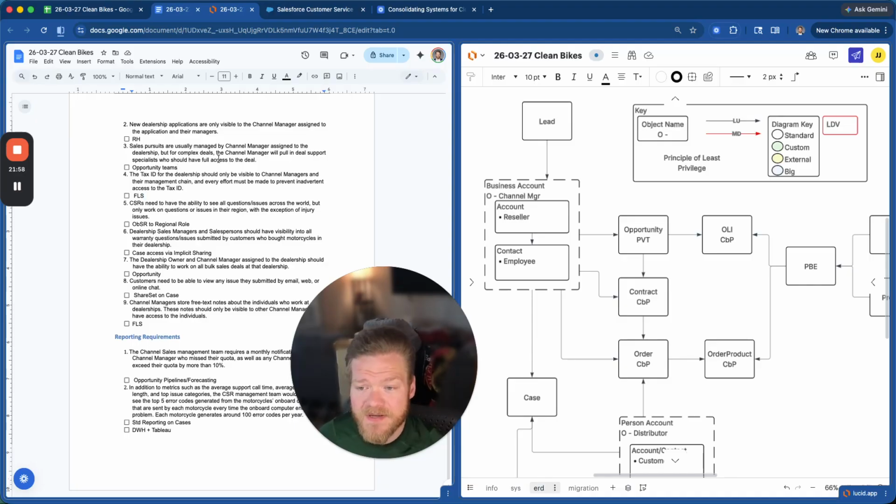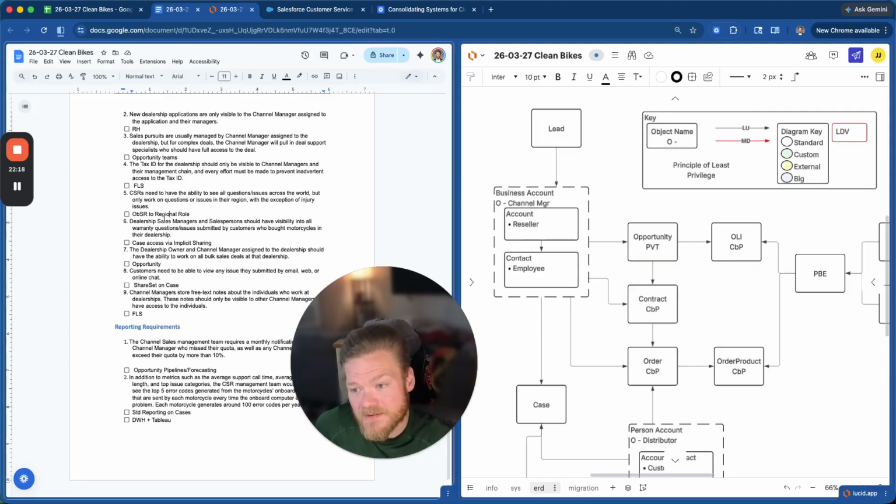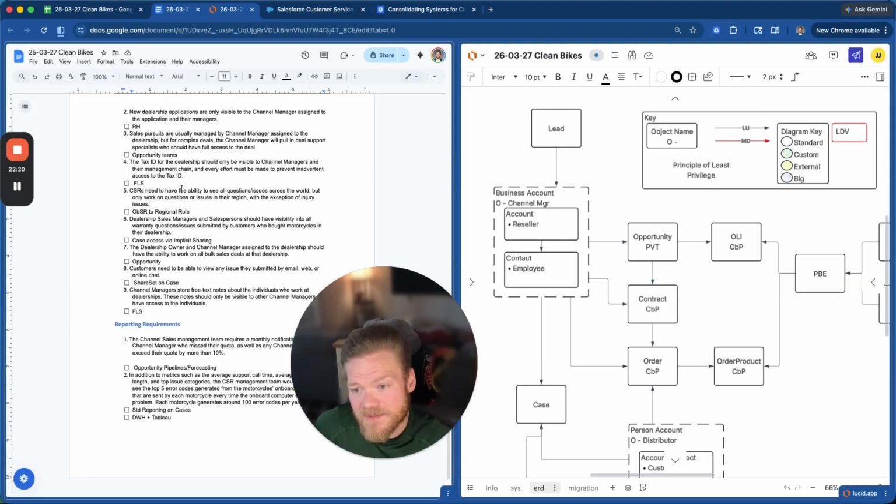Tax ID is very sensitive to the resellers, so we'll have field level security for the channel managers. And then the customer service reps, for their role that is based on the region, will have ownership-based sharing, so they have share all access,